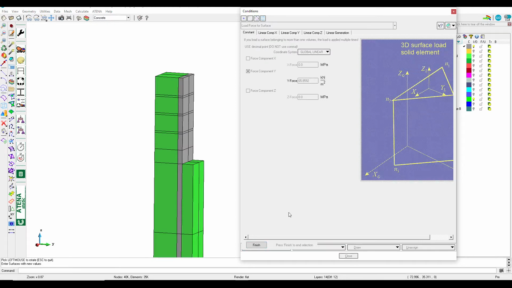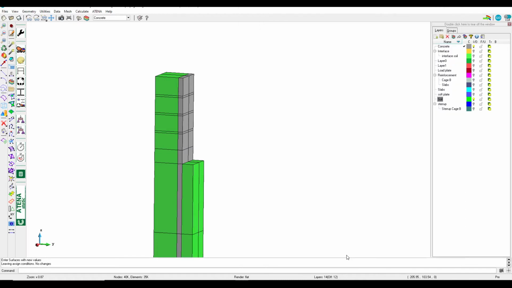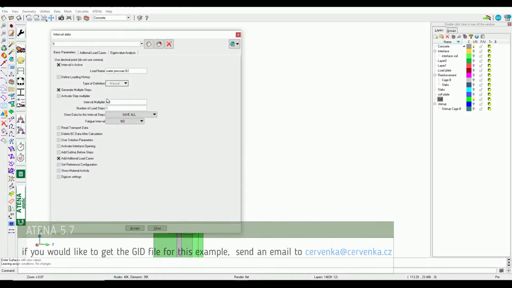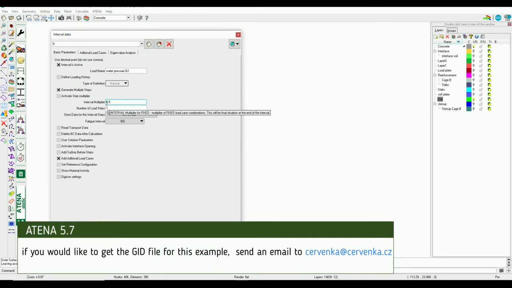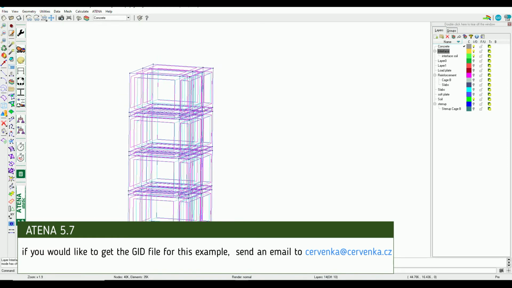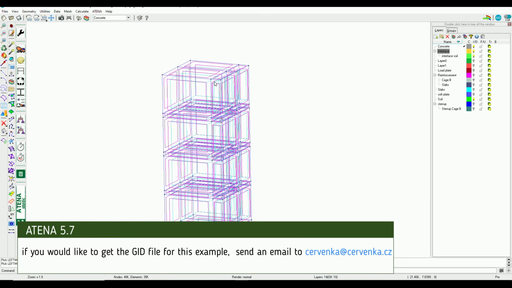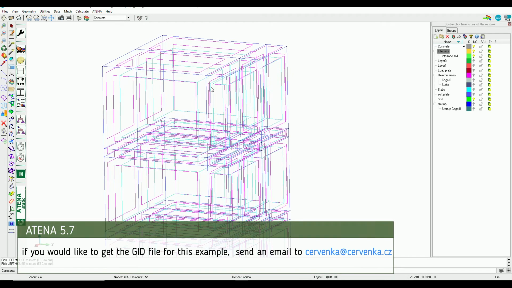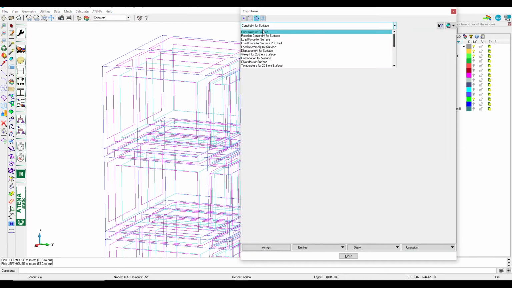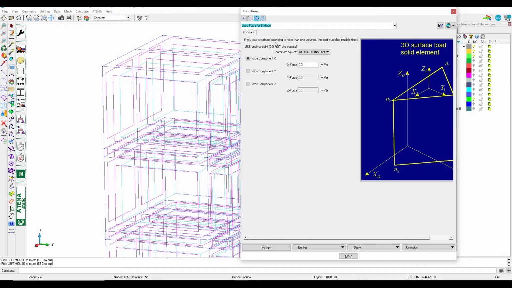Another important note is if we go to the same interval 5, we can see the interval multiplier 0.5, and this is because we have an interface between the concrete and the soil. As we said before, if the surface shares two volumes, the force will be applied twice. So that's the reason the multiplier in this interval was 0.5. As we talked before,